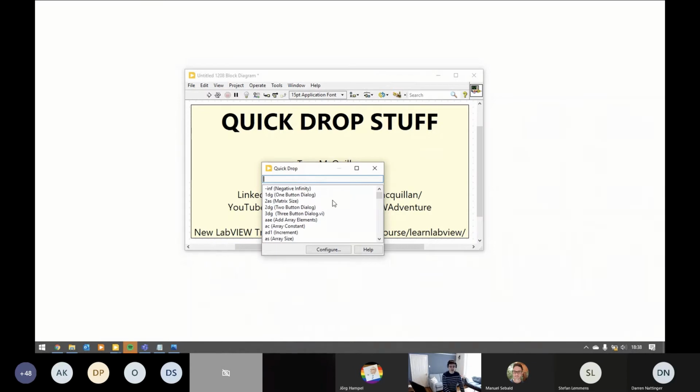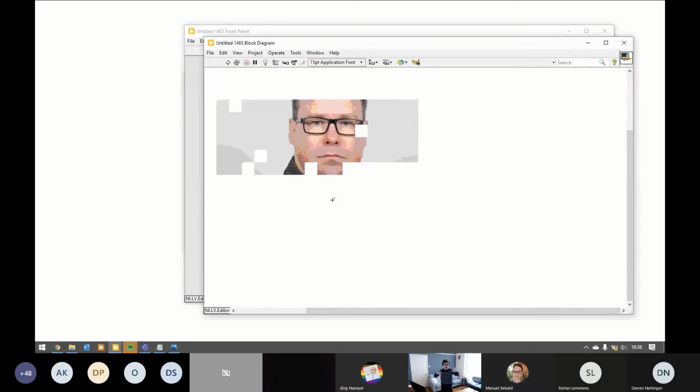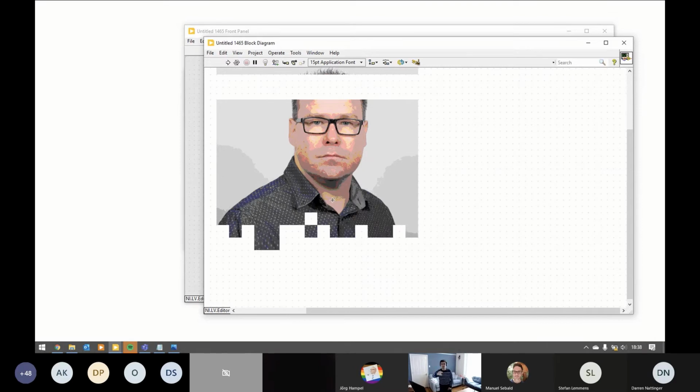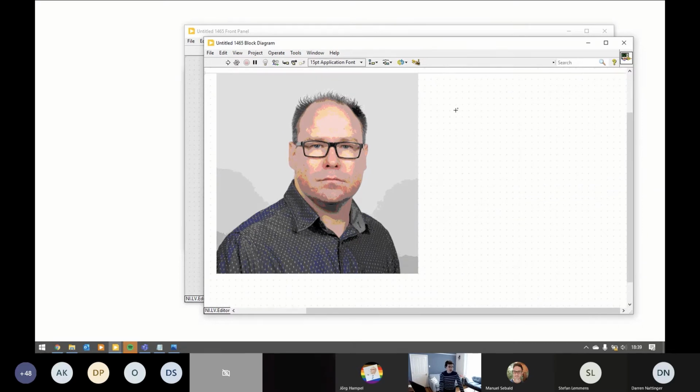If I do Quick Drop, as in Ctrl+Space, and then type in Stefan, who was our fabulous first presenter, and then press Ctrl+S, if we give it a few moments, LabVIEW is going to get his LinkedIn profile picture, and then separate that profile picture into maybe 200 different sub-VIs. Those different sub-VIs I'm scripting, creating on the fly, changing their icon, and then placing all 200 onto a completely separate VI. So here we have